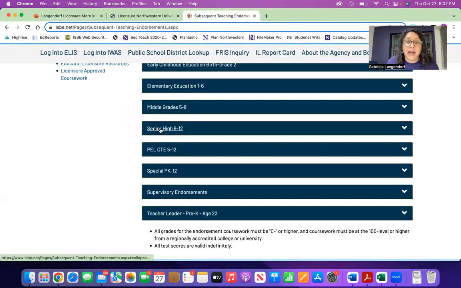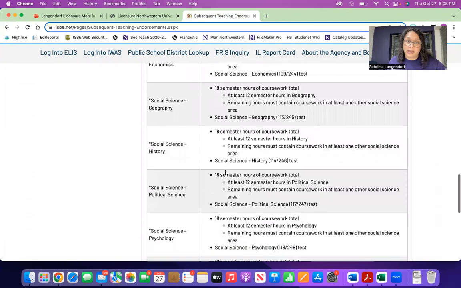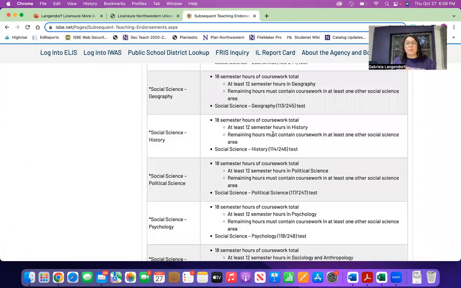If you go down to senior high, grades 9 through 12, and you scroll down to social science history, you will see that the requirements for an endorsement in social science history are 18 semester hours, broken down as 12 semester hours in history, and the remaining 6 in at least one other social science, and you need to complete the history content area test. But if that is fulfilled, then we can tell the Illinois State Board of Education that you're eligible for that endorsement as well.